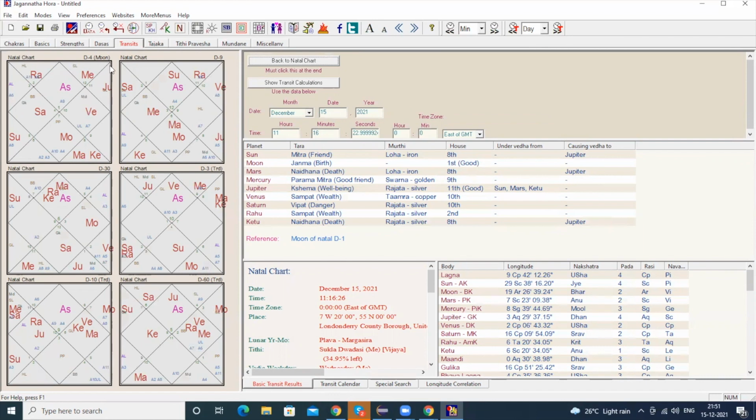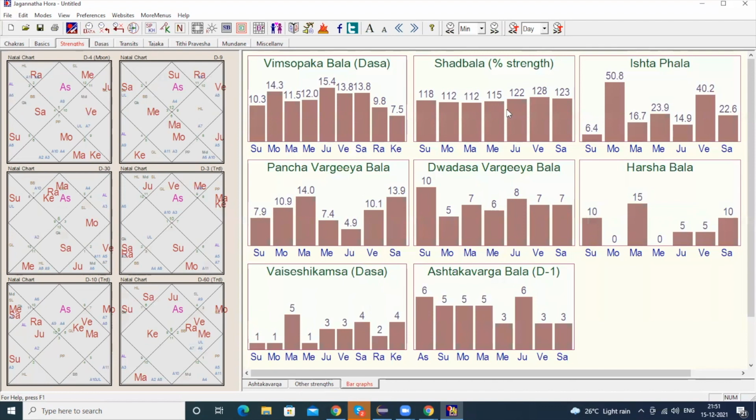Now, after seeing the transit chart, if you want to check the Shadbala, go to the Strength, you can check which planet is strong. If you see here, almost all the planets are equal, but Venus is a little more powerful, okay, because it's receiving 128 points or 128% of Shadbala, so it will give good results for the person during the Mahadasha and Antadasha.